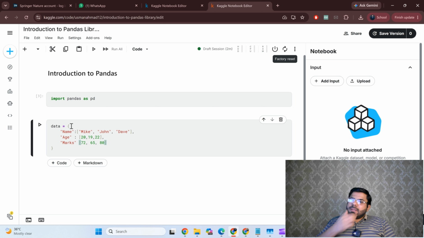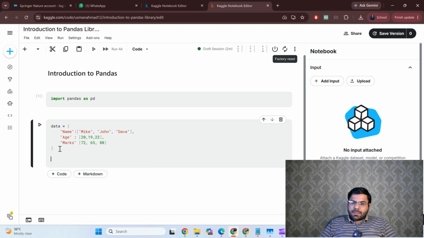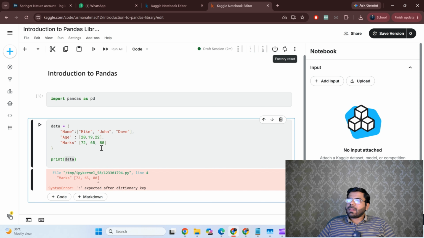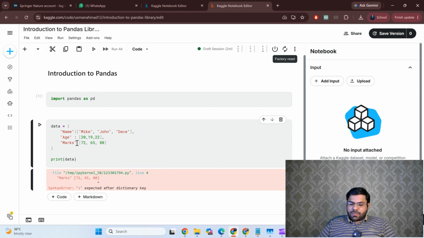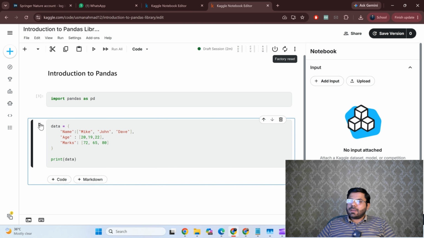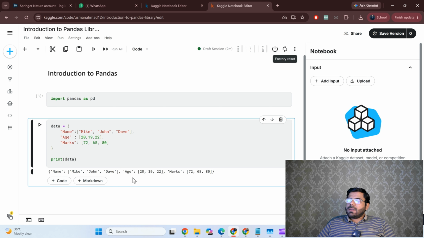Now this is the data that we have. If I print this data, let's see how it will look. So we got one error here, so run this again, and you can see this is how your data is